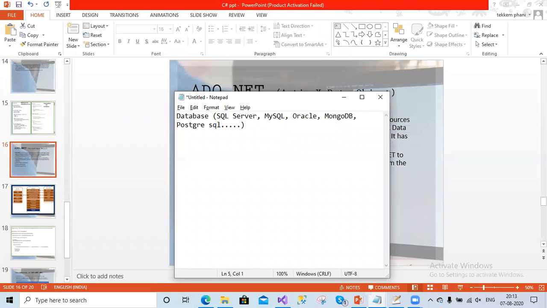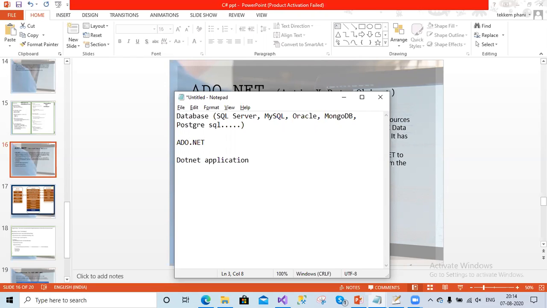So we have the .NET application, and in between the database and the .NET application we need an adapter, which is called ADO.NET. It works like an adapter between these two, connects them, and exchanges the data between these applications.